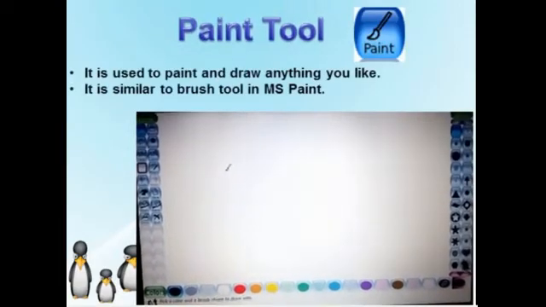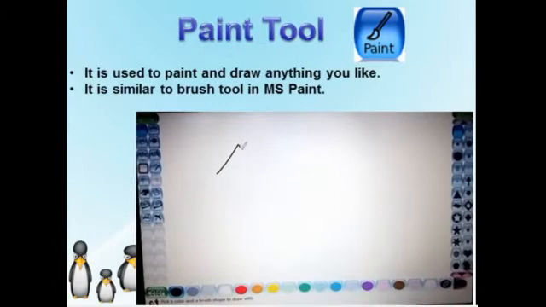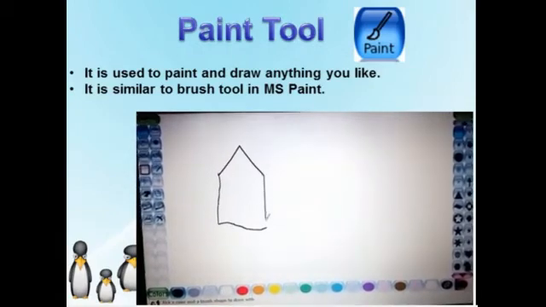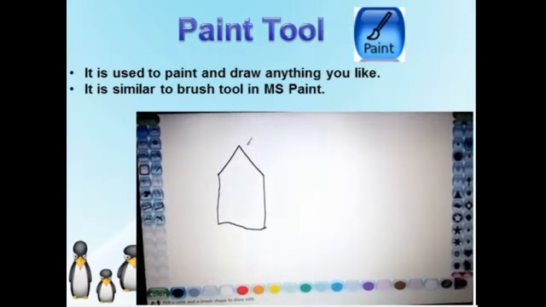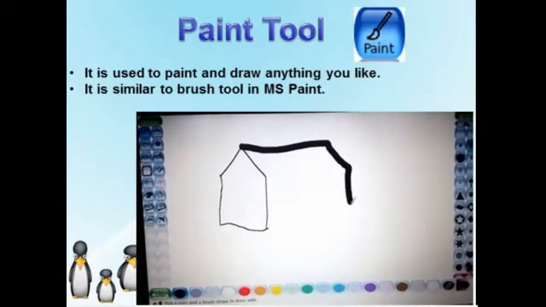Now we will discuss the paint tool. It is used to paint and draw anything you like. It is similar to the brush tool in MS Paint. You can observe here there are different brush shapes also. You can select one and make your drawing.